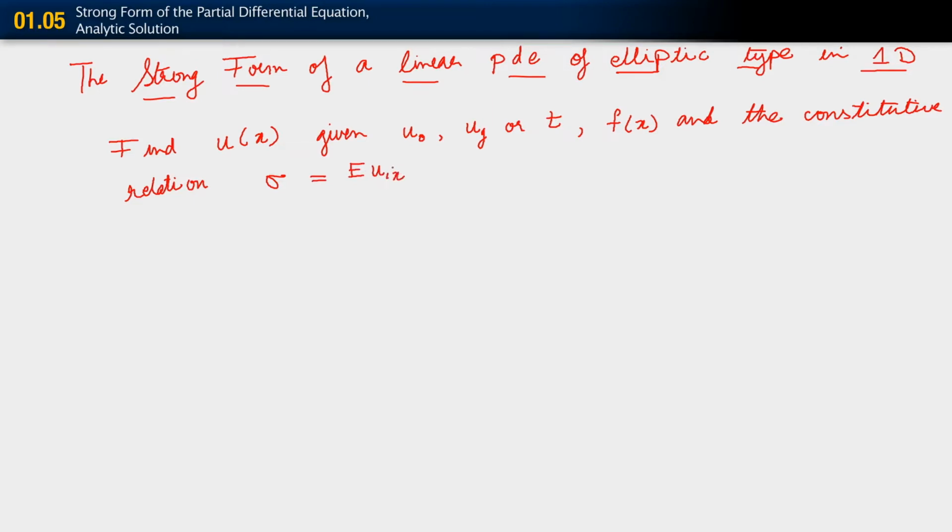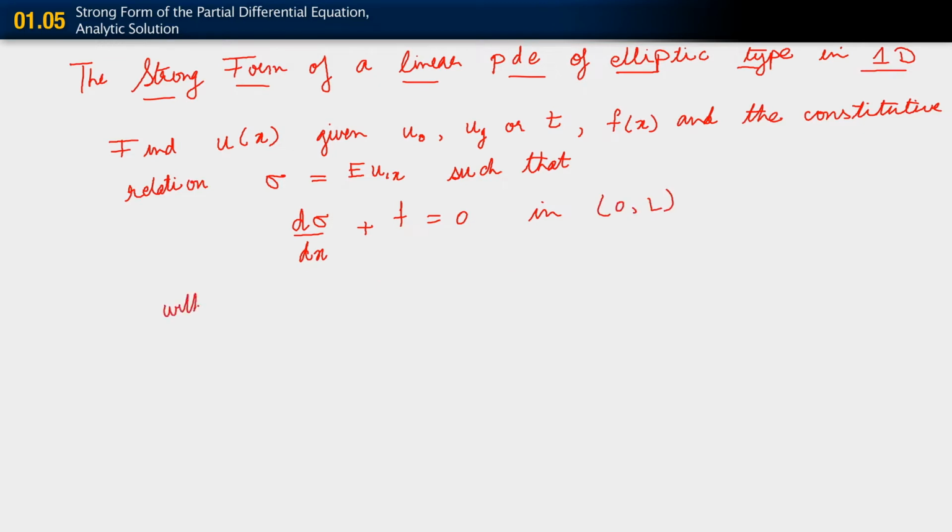Given all of this, we already said that we wanted to find u. So we want to find u given all of this information such that the spatial gradient of sigma plus f equals 0 in the open interval 0, L, okay,